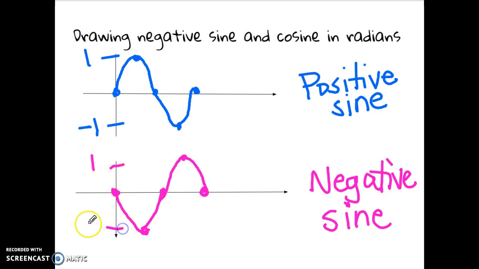Now, a very interesting thing happens visually if you can see it. Let's see what it would look like if you put both of these graphs on the same chart. If you put the negative sine graph on the same chart as the positive sine, you'll notice that if you were to add those two functions together,